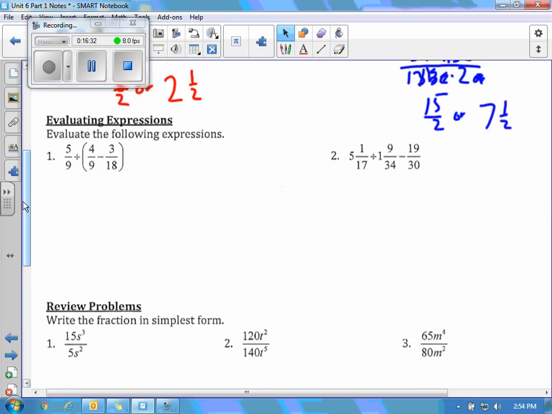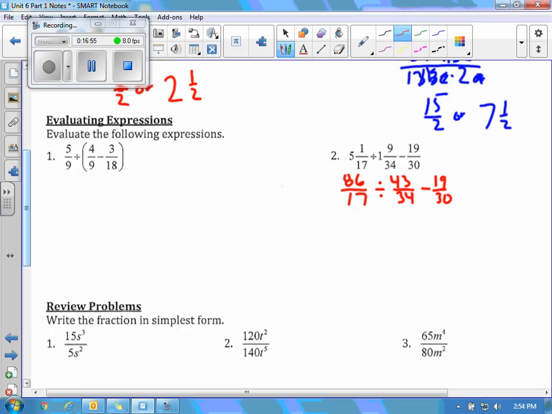Over here on number 2, first thing I want to do is turn these into improper fractions. So 17 times 5 plus 1 is 86 over 17. Divided by 34 times 1 plus 9 is 43 over 34. It's minus 19 over 30. So I do division first, so that's keep, change, flip,